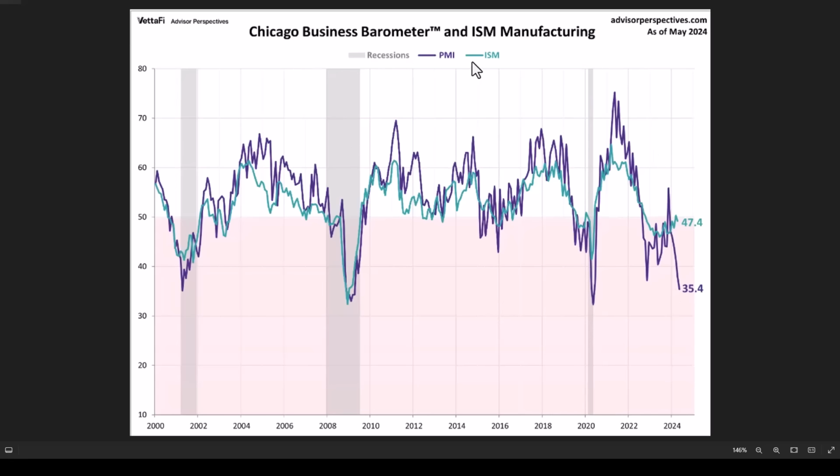Now, ISM manufacturing takes into account more than just Chicago, okay? But it's pretty darn close. What you're seeing with Chicago is it's really wild, but it's not that wild. Eventually, this catches up. And I think they're doing an exemplary job of showing this, which is why I wanted to use it. If you take a look at the Chicago